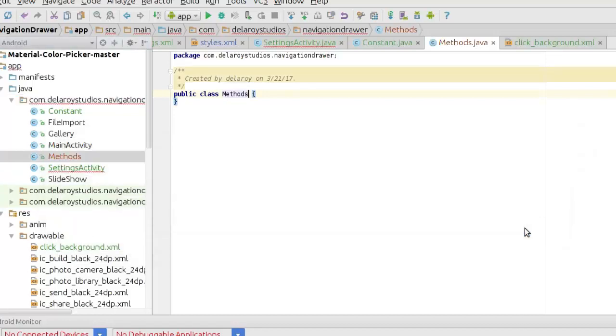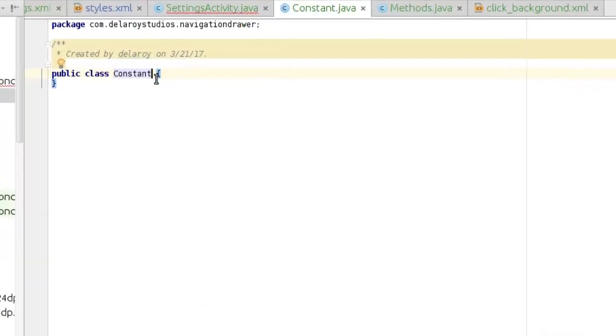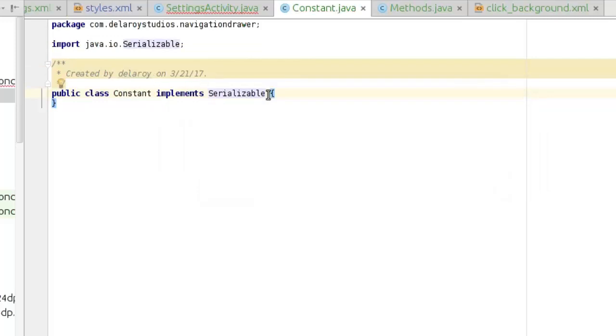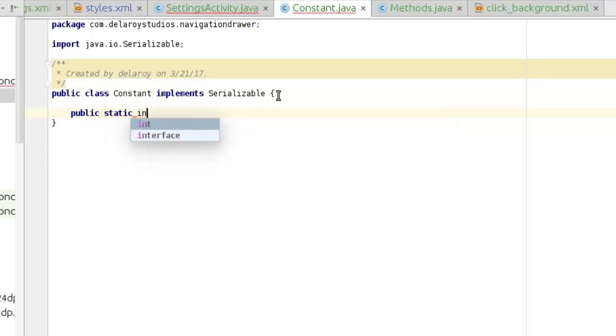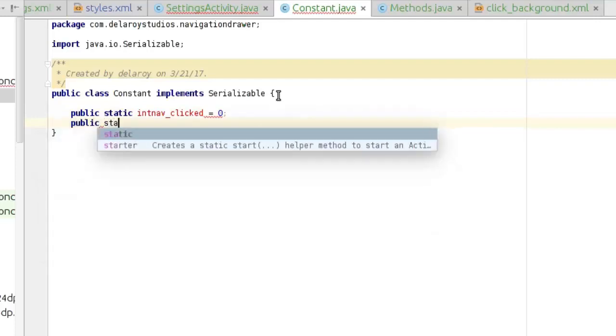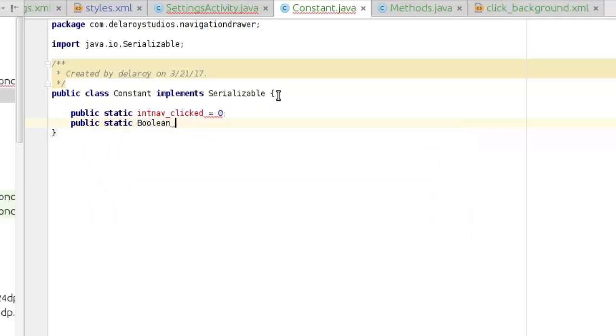That's fine. So right there in the constant, we need to create some constant fields. This is going to implement serializable, and the first one, constant value, will be public static integer nav click, set that to 0. Next, public static boolean is nav click, should be false. We're going to have public static boolean toggle,